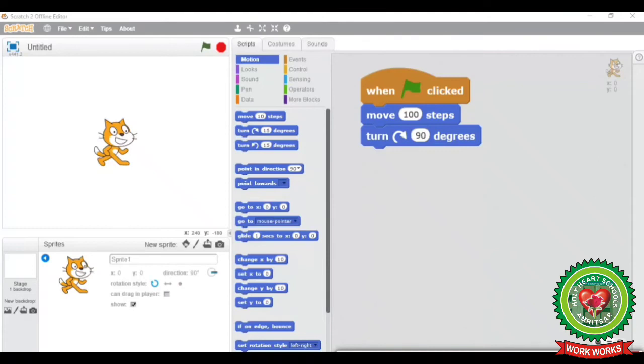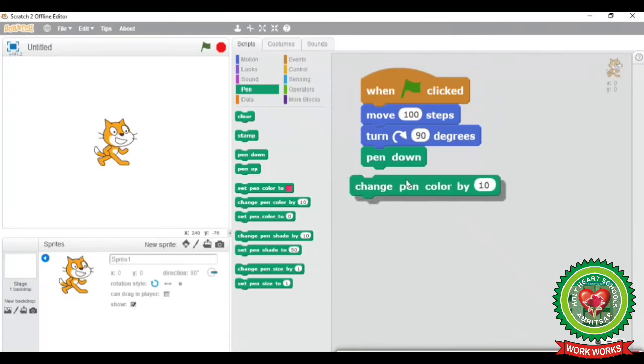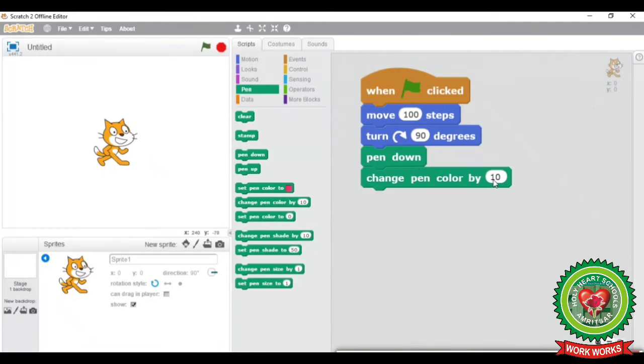Now I want our sprite to draw a line, so I will click on Pen block. From there, to draw a line we will use Pen Down block. Now next we want to change our pen's color as it moves forward. I will take the next block, that is Change Pen Color By. In the specified value you can give any value according to your choice.